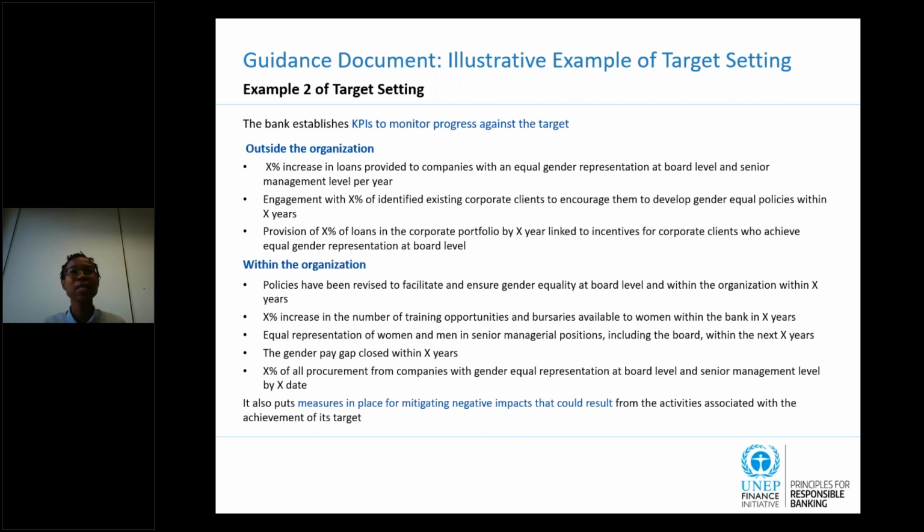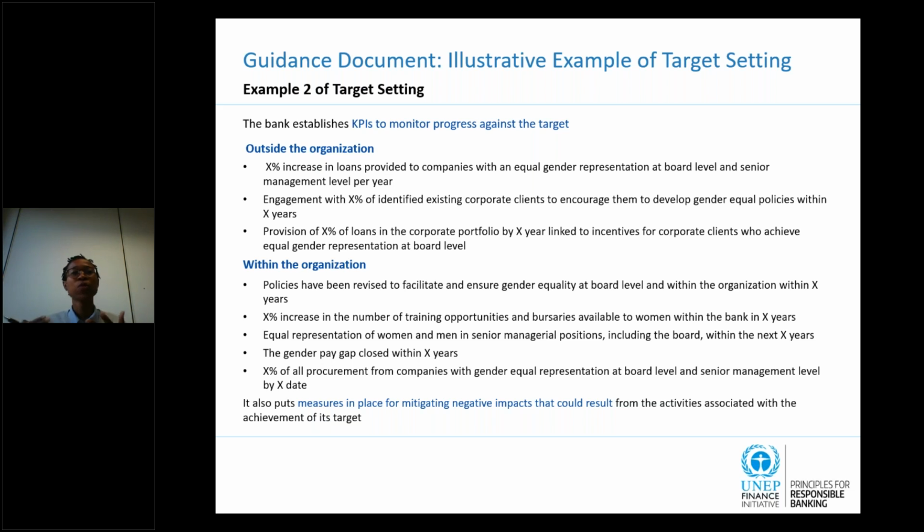So putting incentives in place for clients who achieve equal gender representation at the board level. And then within the organization, the bank sets the following KPIs. So policies have been revised to facilitate and ensure gender equality at the board level and within the organization within X years. So we need to revise our policies in order to ensure that we are effectively working towards gender equality. The second being X% increase in the number of training opportunities and bursaries available to women within the bank